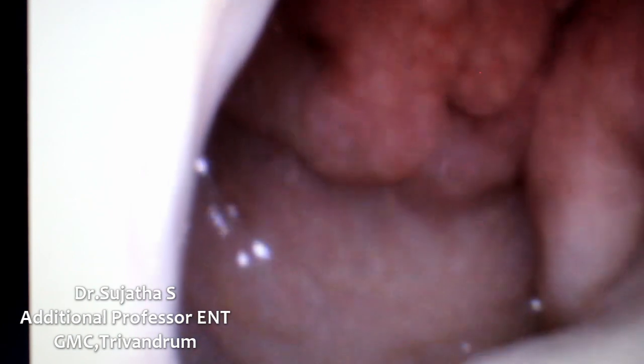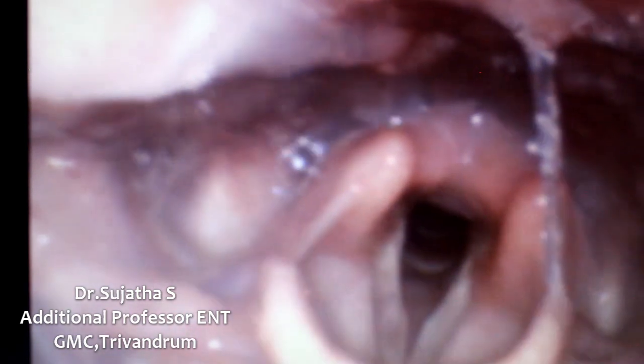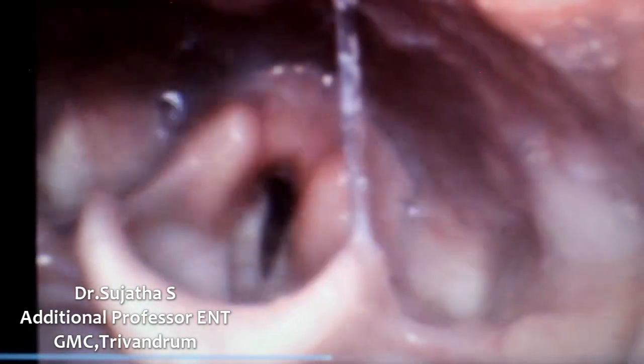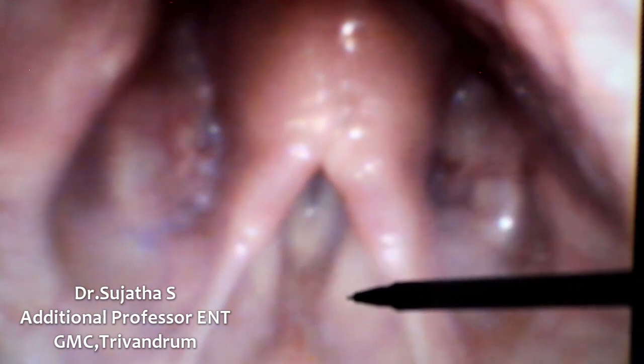I'll show you the flexible laryngoscopic video of a patient having a normal larynx. You can see the normal appearance and mobility of the vocal cords, the various subdivisions of larynx. The various subdivisions are the piriform fossa on both sides, the postcricoid area, the arytenoids and the aryepiglottic fold on both sides, the true vocal cords, then the false cord,